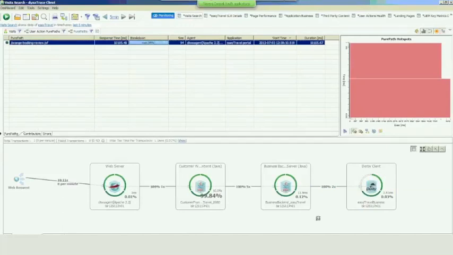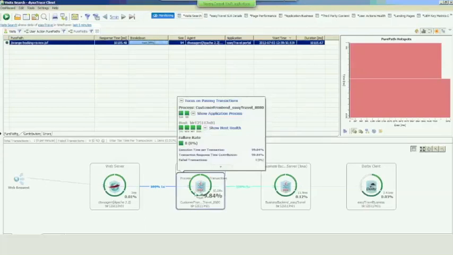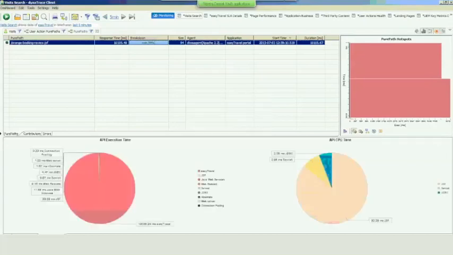I can then have my mouse here and look at the complete host details, whether there are any infrastructure issues related to this user at that point of time, or look at the API distribution, where most of the time has been spent by this application in performing this action.